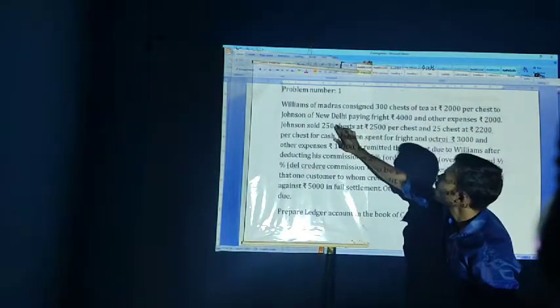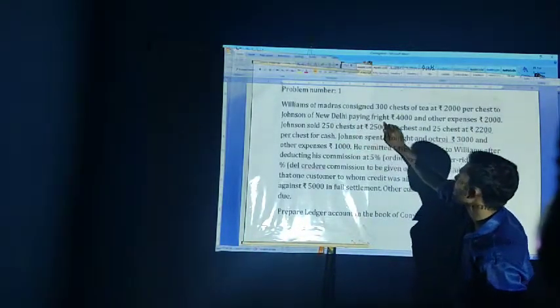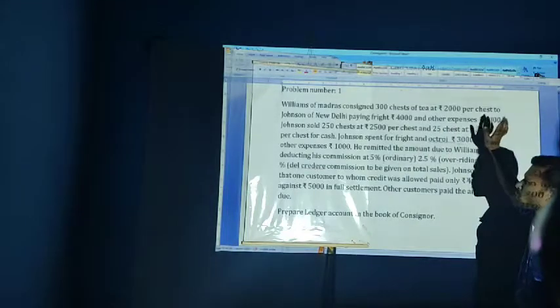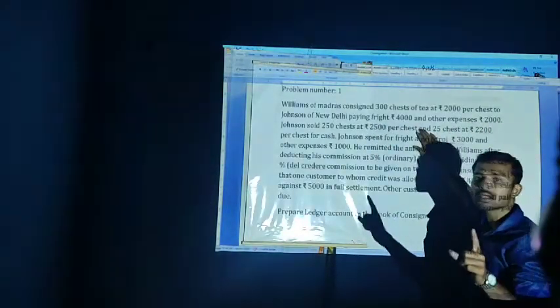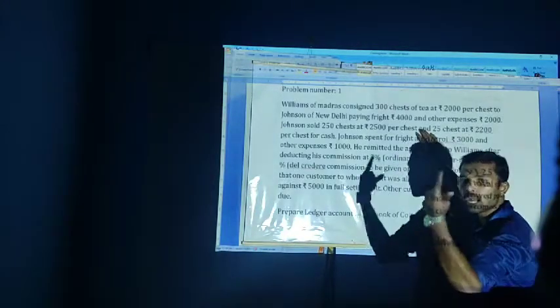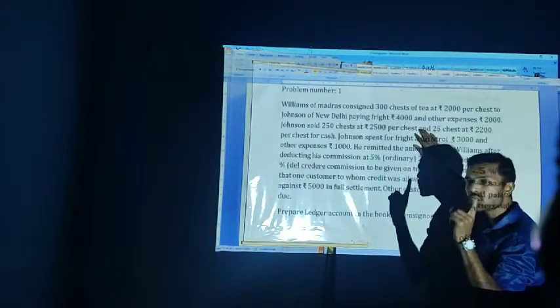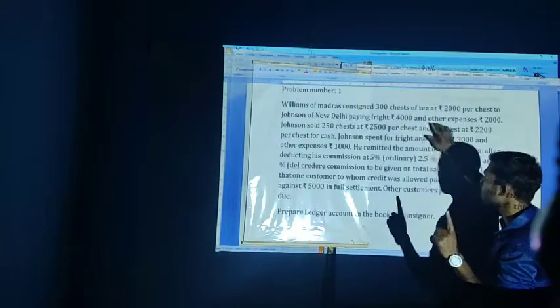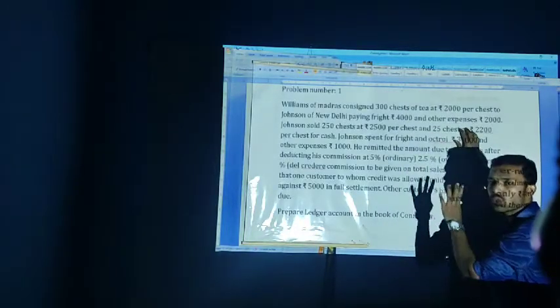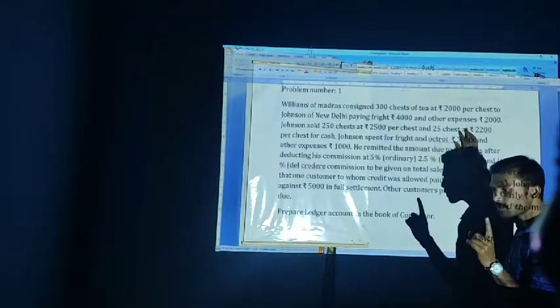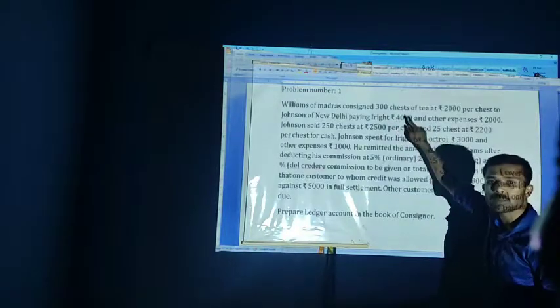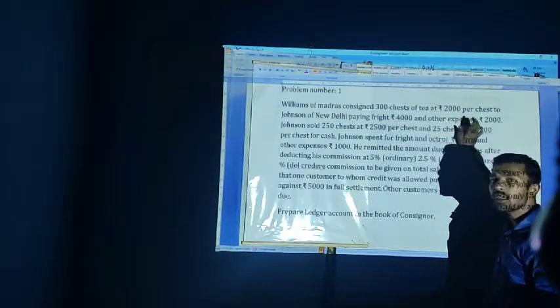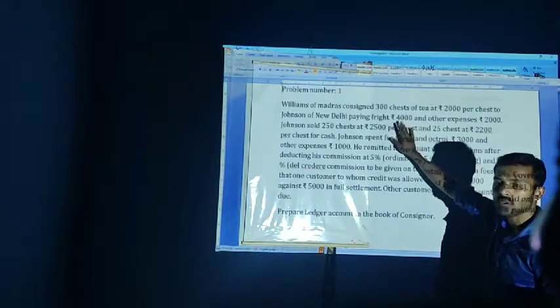Next one, the consignor of New Delhi pays freight 4,000 and other expenses of 2,000 rupees. These two are non-recurring expenses of the consignor and should be added in the valuation of closing stock, step number 1 only. Again we will take these two in the preparation of the consignment account. Once again, freight and non-recurring expenses of the consignor will be taken in the consignment account as well as in the valuation